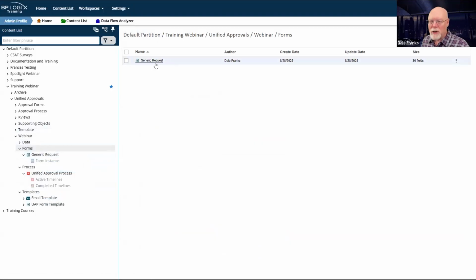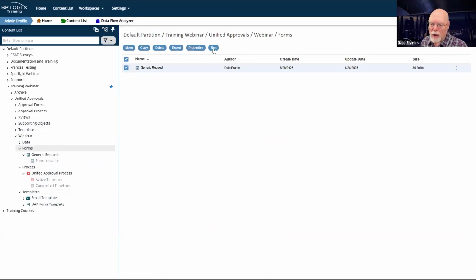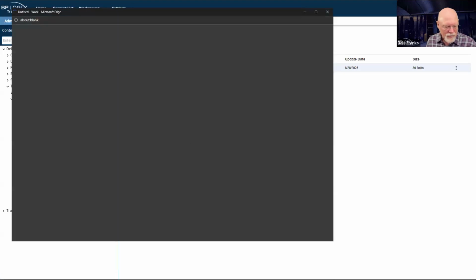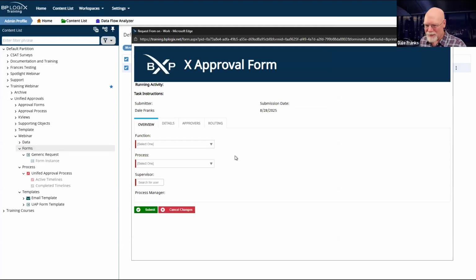So I have my generic request form. This is the real deal. This is the form that I'm going to use for any generic request. And let's just run it real quick just to be sure that we have all of our stuff. Oh my goodness, my email inbox is just getting stuffed with all of these email notifications. I'm going to go ahead and delete it and hope that I didn't delete anything important that snuck in while I was getting snowed under with these email notifications.